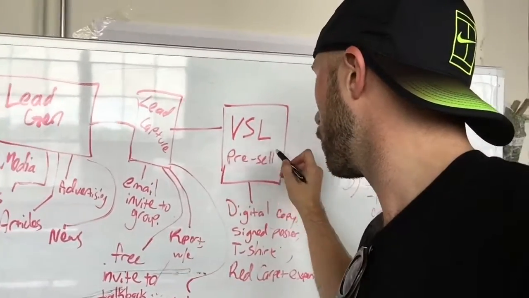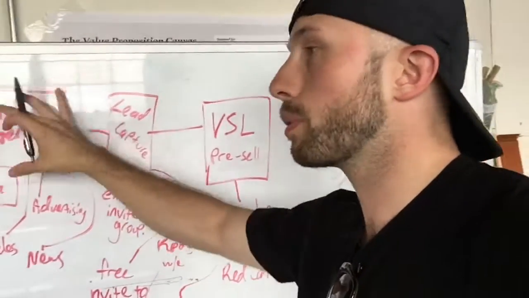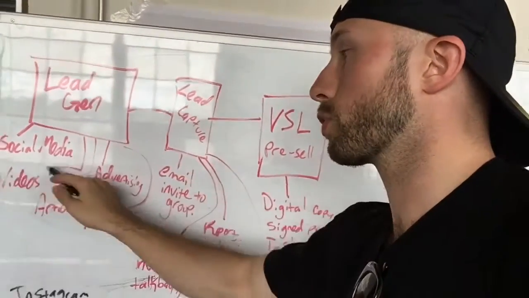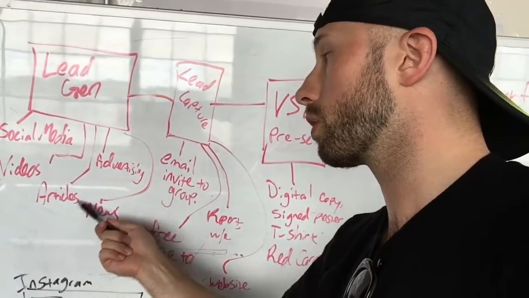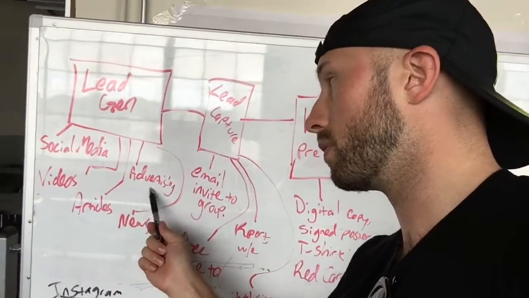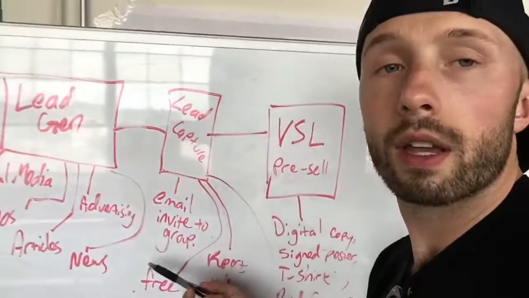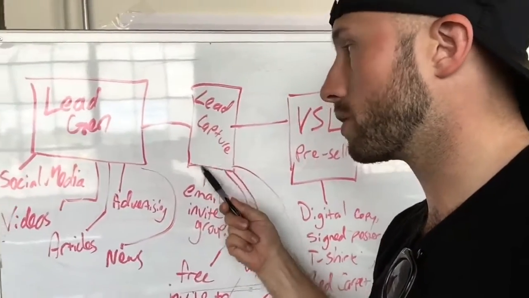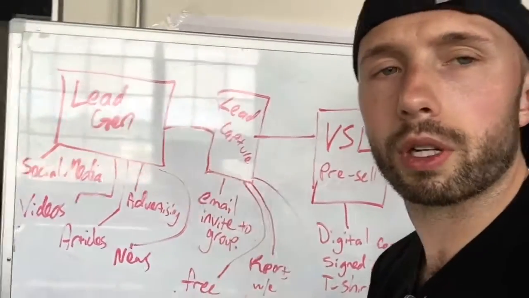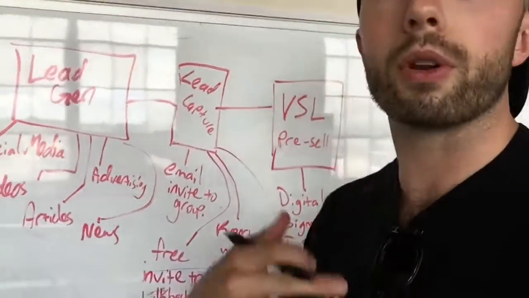And then with that, as we continue, say for every 1,000 people who check out our lead generation tools, whether it be social media or videos on YouTube, or even articles written about us in different blogs, news features, or even direct advertising. For every 1,000, we might get 10% that actually decide to put in their email, which for a lead capture is pretty realistic. And then we get them on an email list, and we find out just how interested they are.